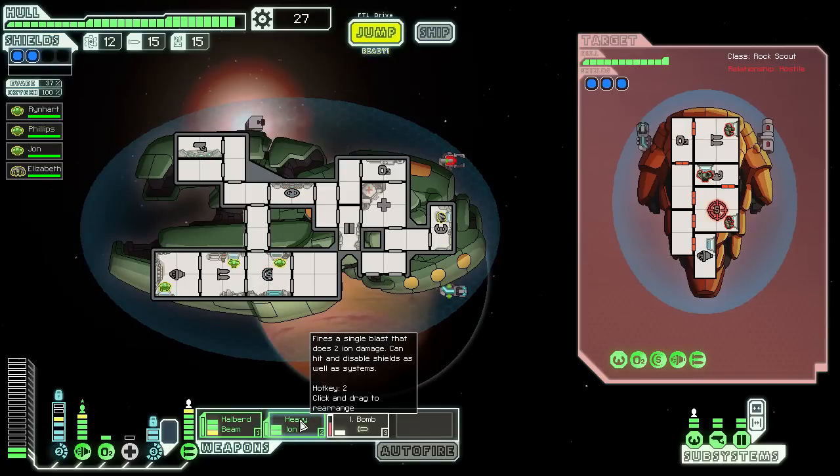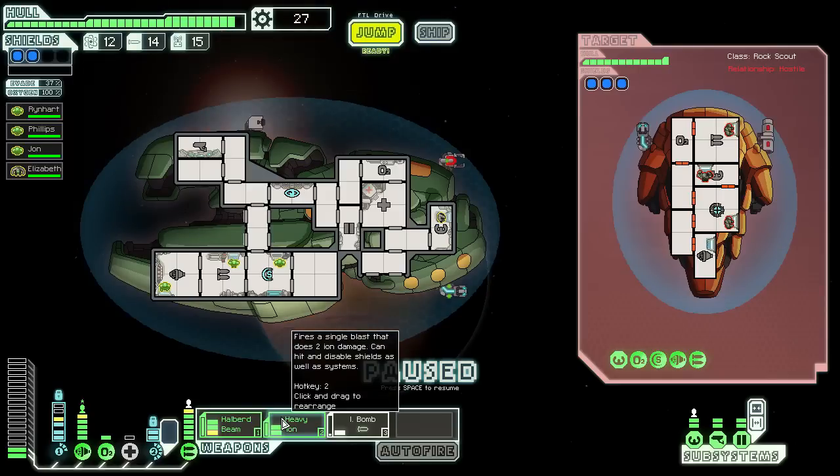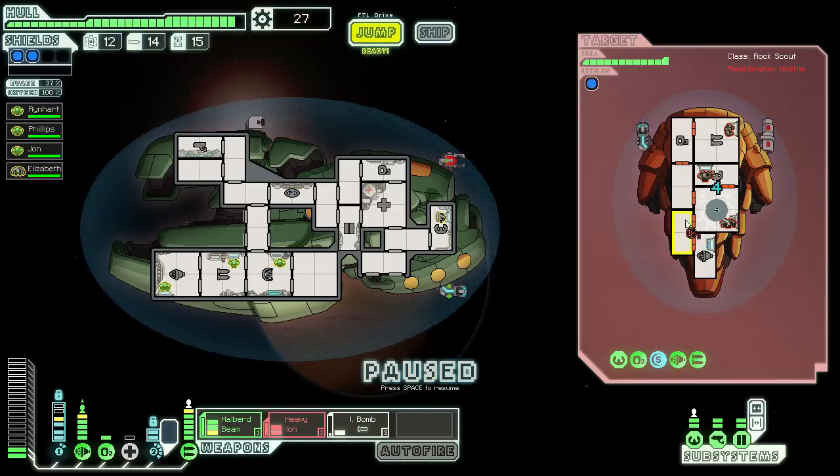Shit, man. This is gonna be tough. This is not a good fight at all. Okay, good. So their shields are basically down. Let's go ahead and shoot the ion beam. And then